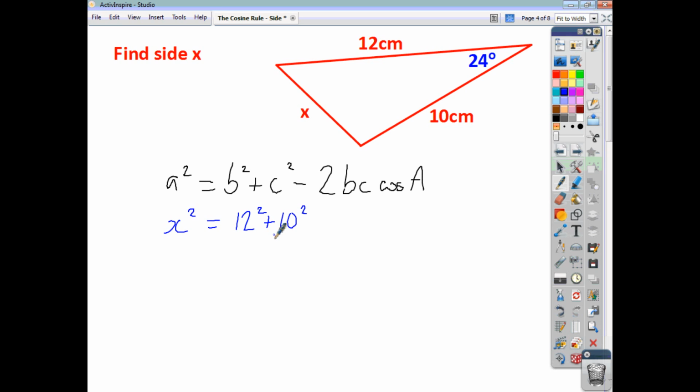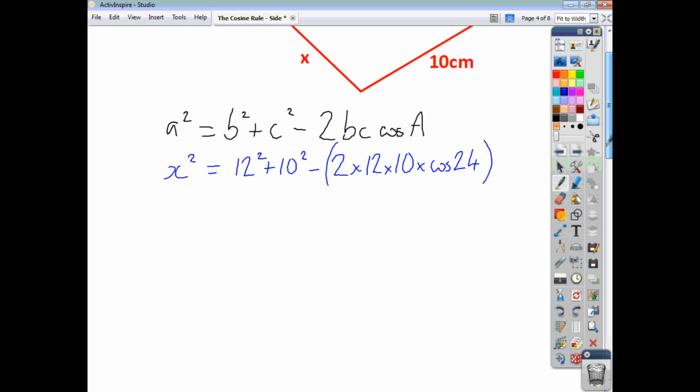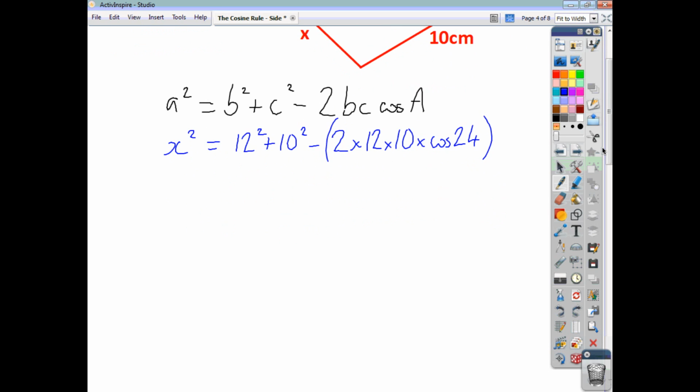Doesn't matter if you get these mixed up. When you're adding, the order doesn't matter. Same goes for when you're multiplying. So 2bc, so 2 times 12 times 10 times cos of your angle, which is 24. Put brackets around the 2bc cos a bit, just to keep it all together, and you end up with x squared being equal to